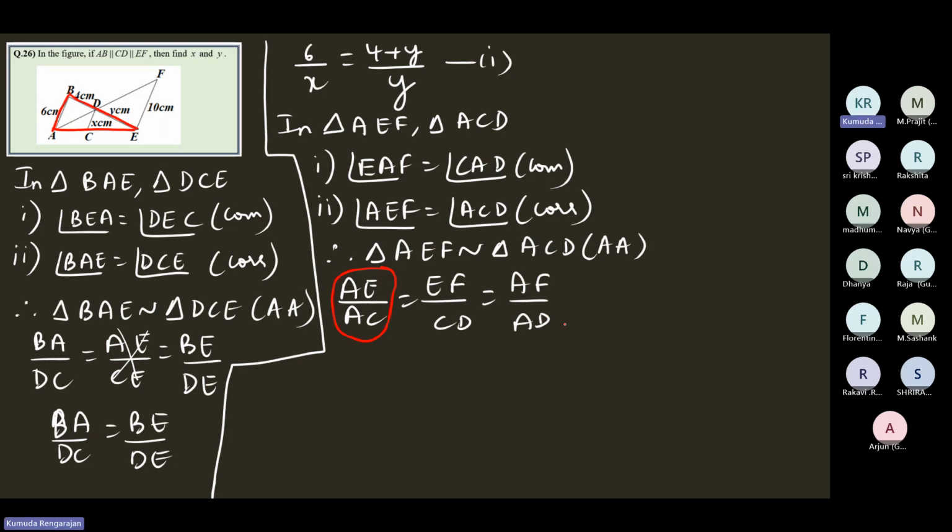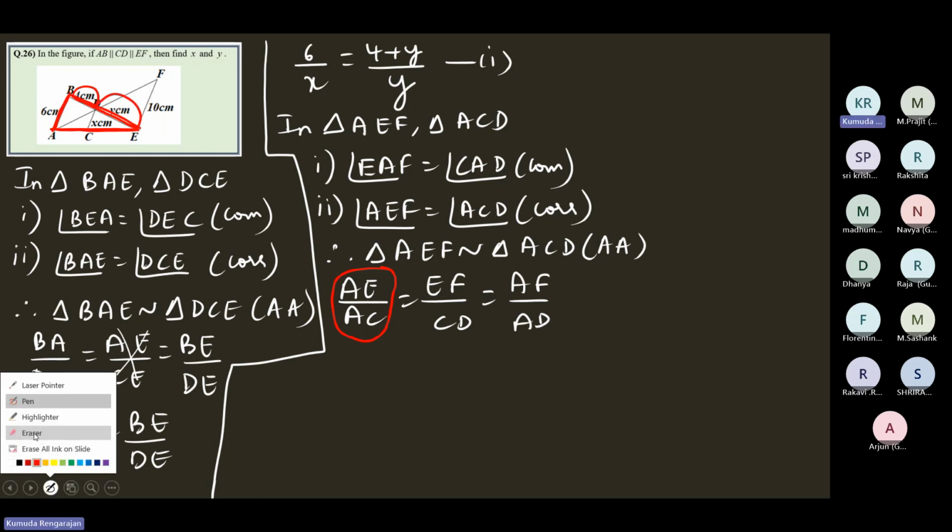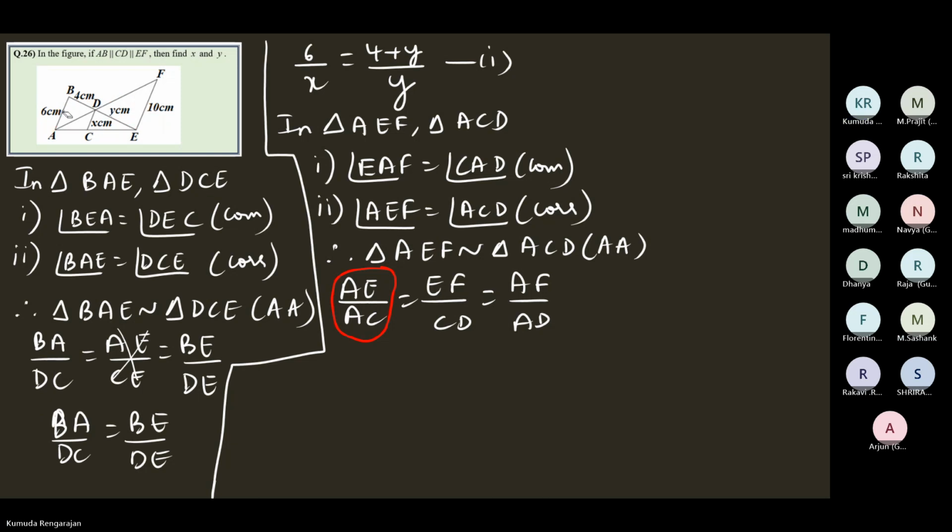Now, when you have a look at these ratios, you find AE by AC here. Now, this AE by AC, see here, AE by AC is here in this line segment. So if you consider this triangle, children, in this triangle where this one is marked, this is 4 and this is Y. Okay, so using this and BPT,